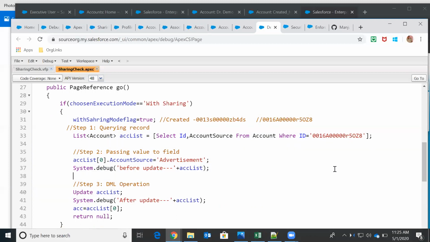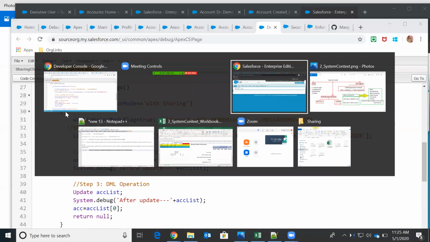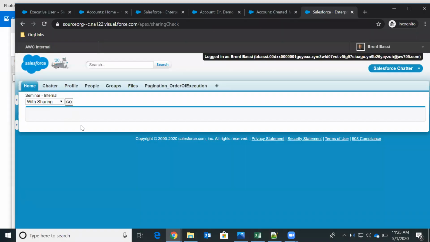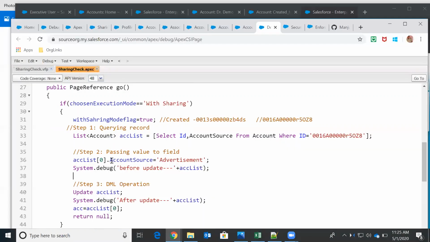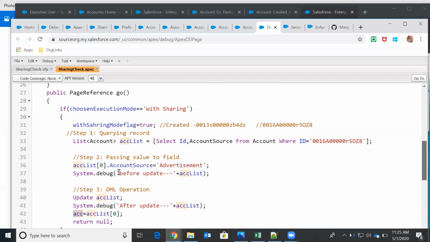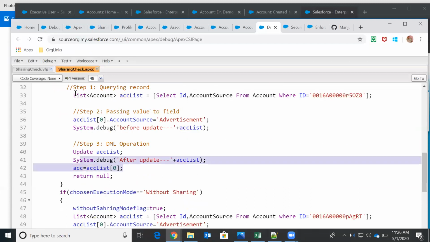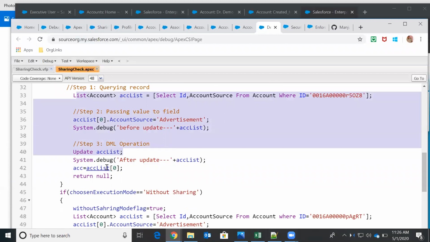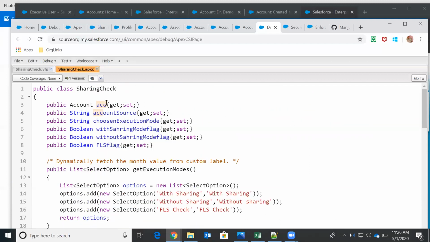Now we will also understand one more thing. This is a Visualforce page. The same rules apply for Lightning components as well. So this is a Visualforce page, right? What we are trying to do is, acc is an account variable, and we are storing into that account variable whatever DML we are doing. After updating the value, the current record we are storing into the acc field, and this acc field will be available to the Visualforce page because we have get and set methods here. So this will be available for this.